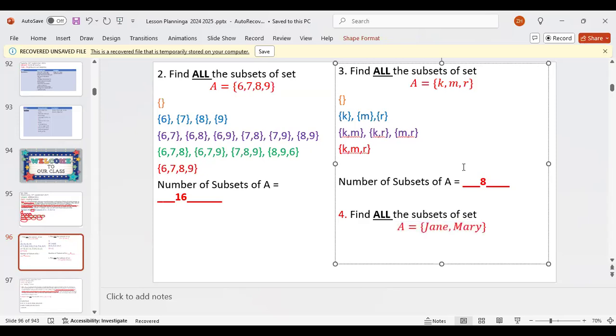Okay, so let's find all of the subsets of this. What's going to be the first subset that we're going to put? The empty set, or the null set. That's going to be your first set, the null set.